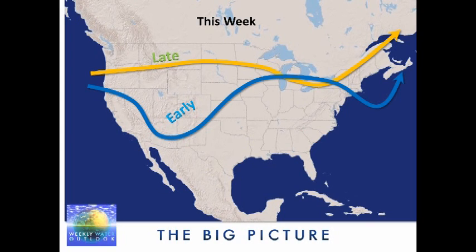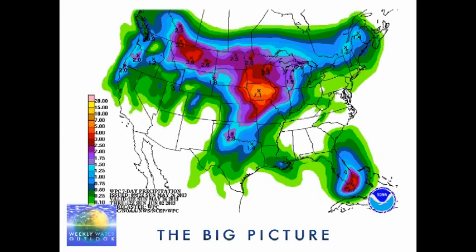And along that blue line, that is going to be where we're going to have upper air impulses of energy tracking, and that's going to help form precipitation over the upper Midwest. By late in the week, it lifts up to the north, and that's going to bring definitely a feel of summer over large parts of the nation while continuing precipitation in other areas. But that's going to be somewhat significant as we get late in the week.